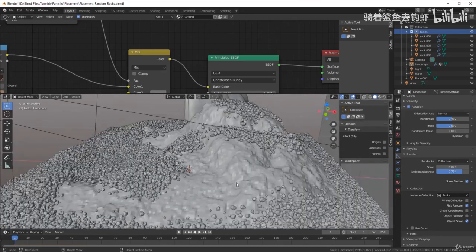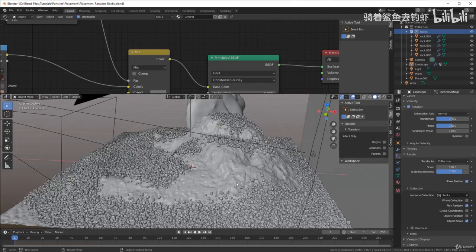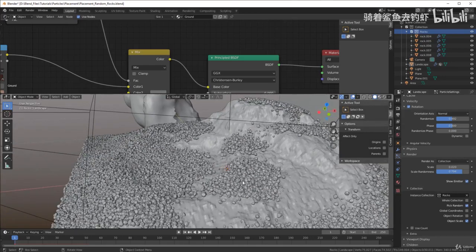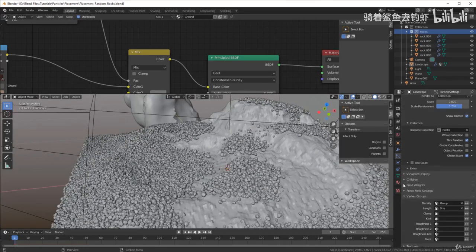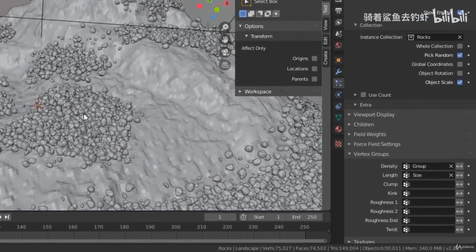And those things you can control using something called weight paint. I think I have glimpsed at it early in the course. But in vertex groups you add a weight paint name, and it could be density, and it could be length or something else. So I can show you. So with this plane selected,